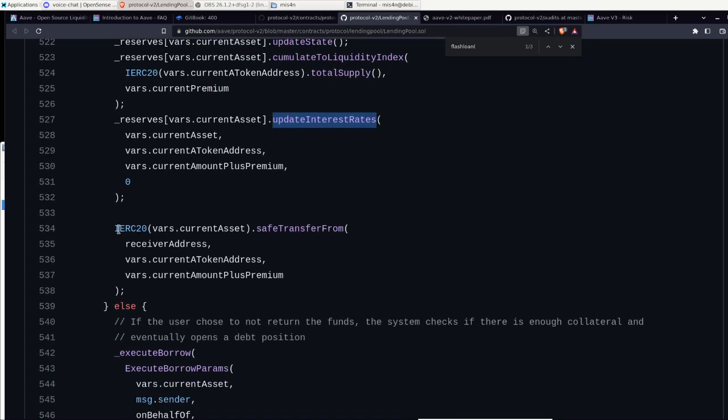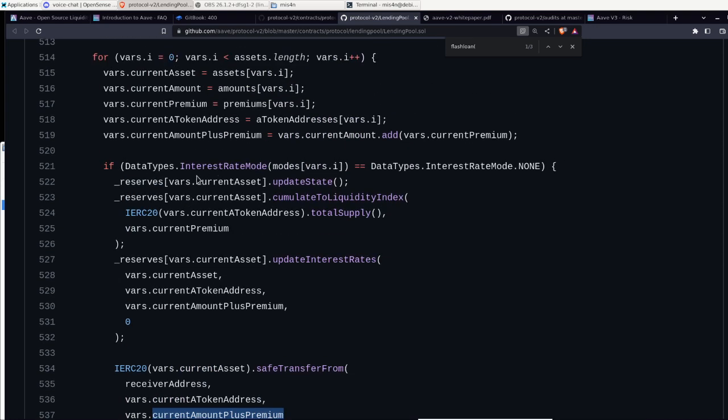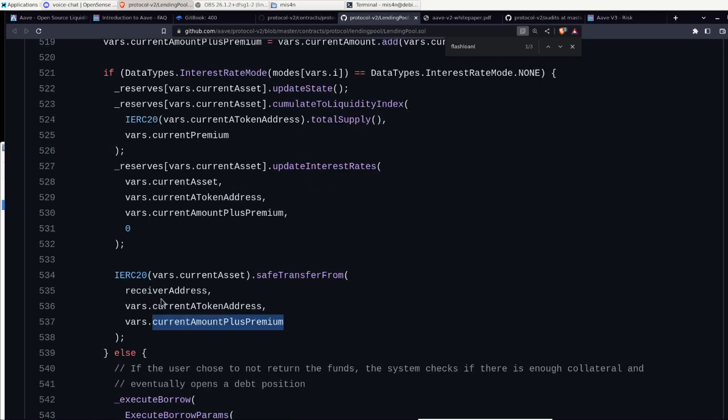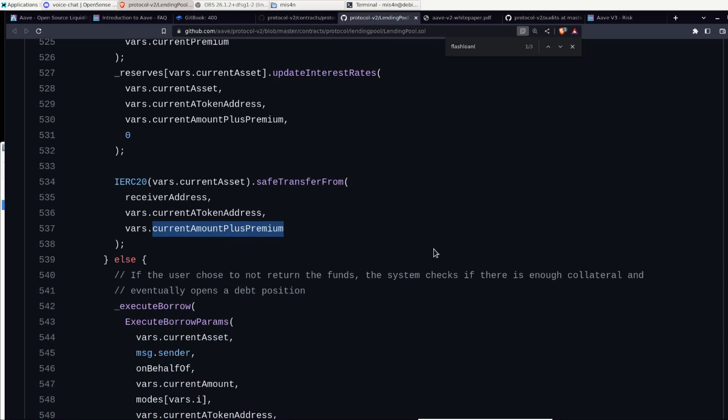And in the end, we do a safe transfer from the receiver to the address of the token with the premium. So probably your contract will need to give the approval to AAVE to execute the flash loan and then be able to move the money back.